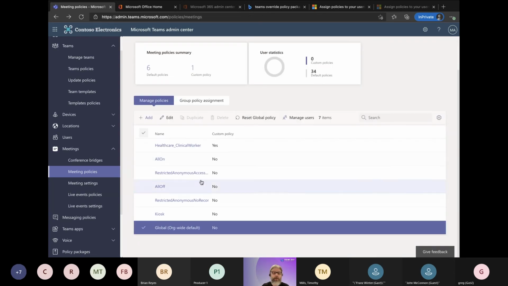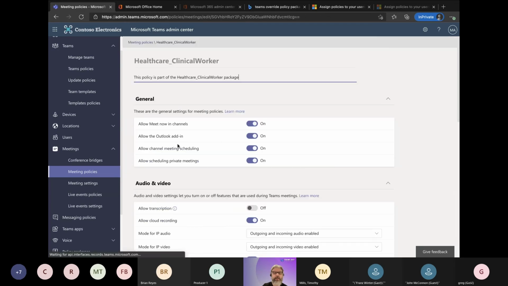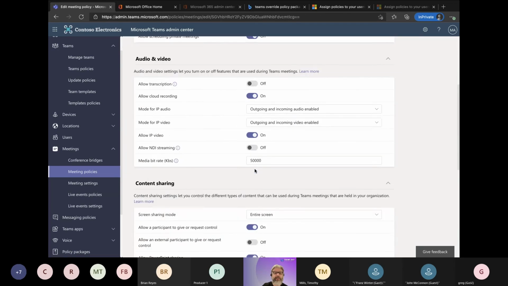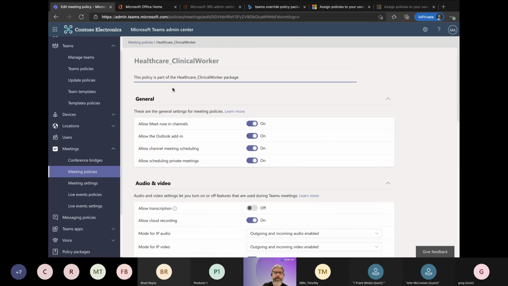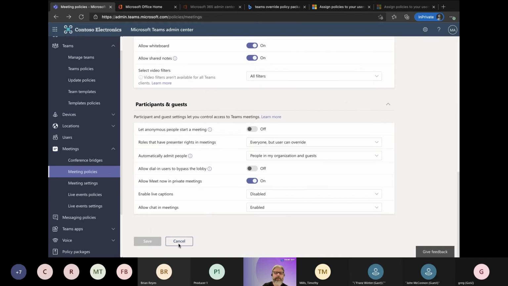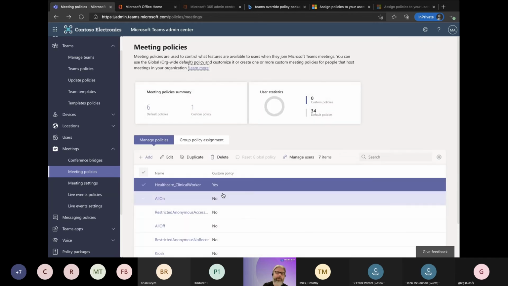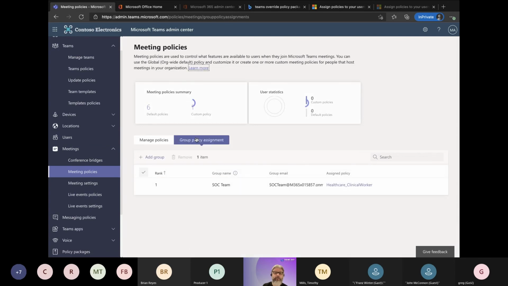Now, again, here are some examples of some ones that have been pre-provided in the tenant. So there's a healthcare clinical worker policy that is here. This is a custom policy. We can see here there's exactly the same settings, but just a few different choices have been made. And if we click cancel there, we can then go into individual users from the user section and assign these policies to the different areas within the user, or we can apply these via group policy as well